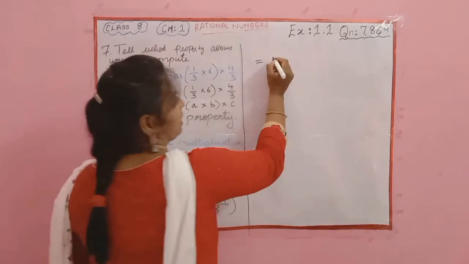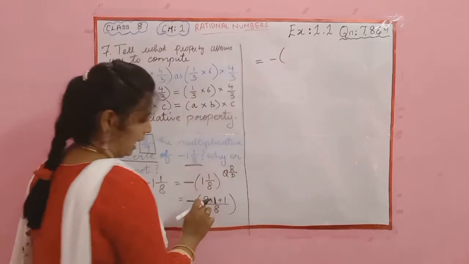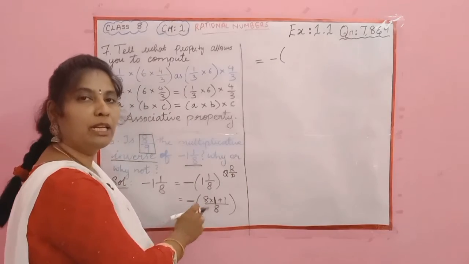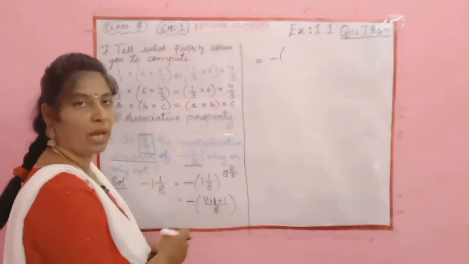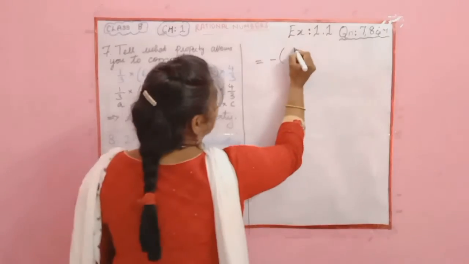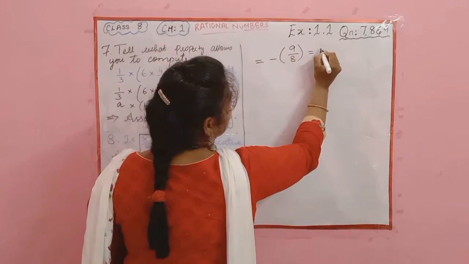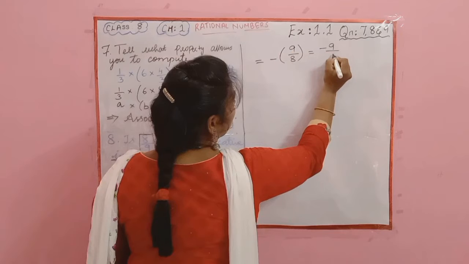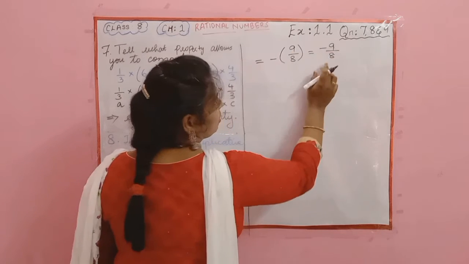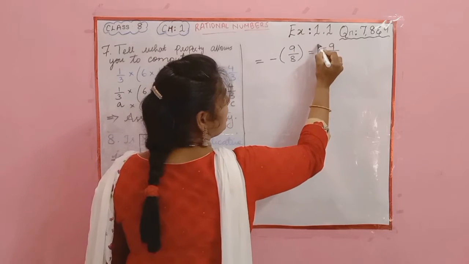minus, we can shift it as it is. So minus of 8 multiplied by 1. 8 multiplied by 1 is 8 plus 1, 9. So this is 9 by 8. So if I open the bracket, this will be minus 9 by 8. Okay, so minus 9 by 8 is the